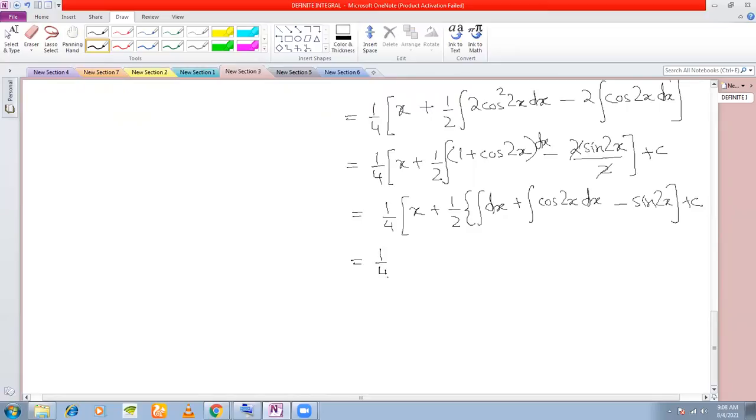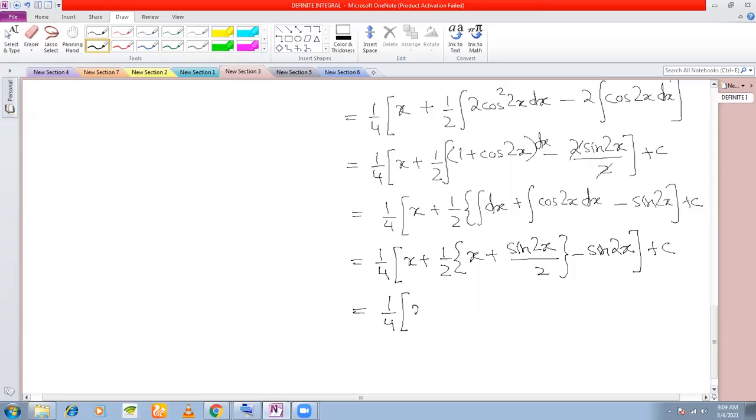So you get here 1/4 x plus half of x plus sin 2x by 2, because integral cos 2x is sin 2x by 2, minus sin 2x plus c. So you get here 1/4 x plus half x plus sin 2x by 4 minus sin 2x plus c,